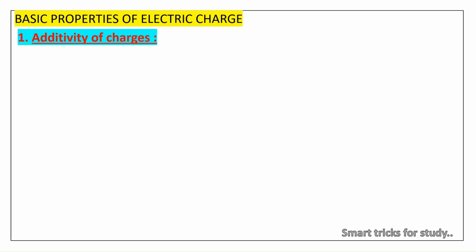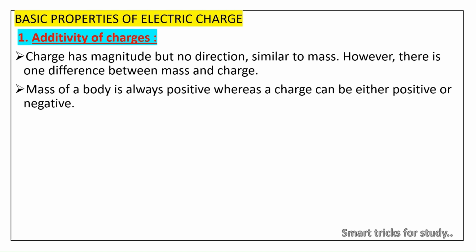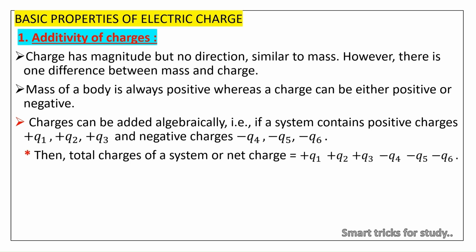1. Additivity of charges. Charge has magnitude but no direction, similar to mass. However, there is one difference between mass and charge. Mass of a body is always positive, whereas a charge can be either positive or negative. Charges can be added algebraically, that is, if a system contains positive charges +Q1, +Q2, +Q3 and negative charges -Q4, -Q5, -Q6, then total charge of the system or net charge is equal to +Q1 +Q2 +Q3 -Q4